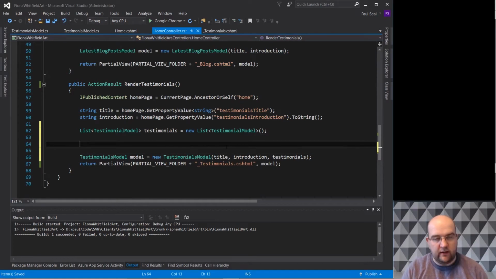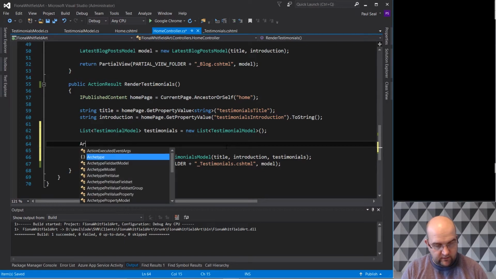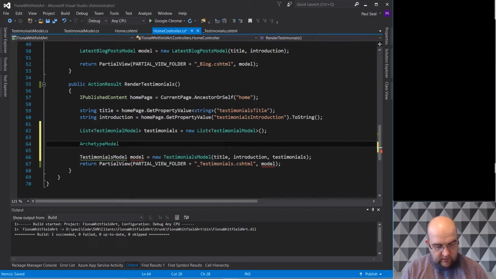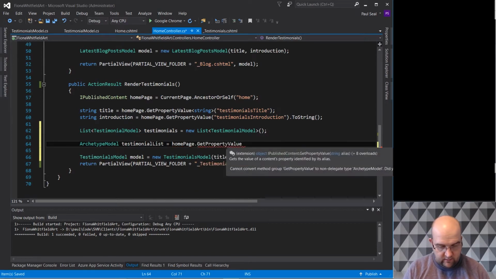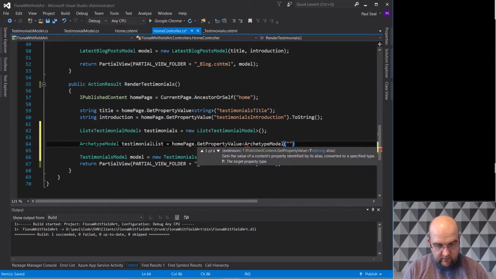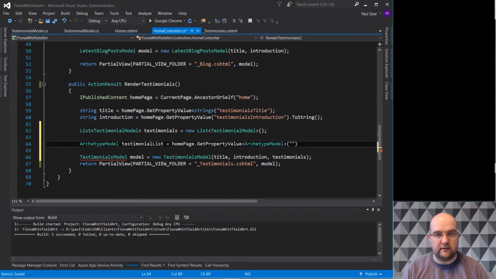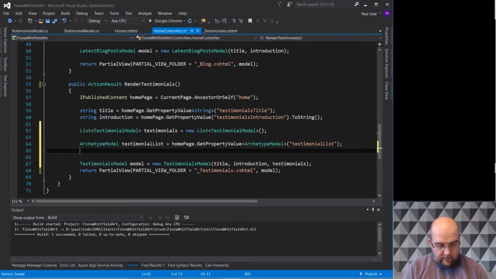So we need to use Archetype to get the value of that testimonial list. So I'll do Archetype model testimonial list equals, and then I'm going to use homepage dot get property value. Now you can in brackets here just do Archetype model again, but it knows that based on the type that's coming back, but I can just put that in. I'm just going to call it testimonial list, I think it was. So this is the property alias from inside Umbraco, but it should be fine with that. Then I'm going to say if testimonial list is not equal to null,